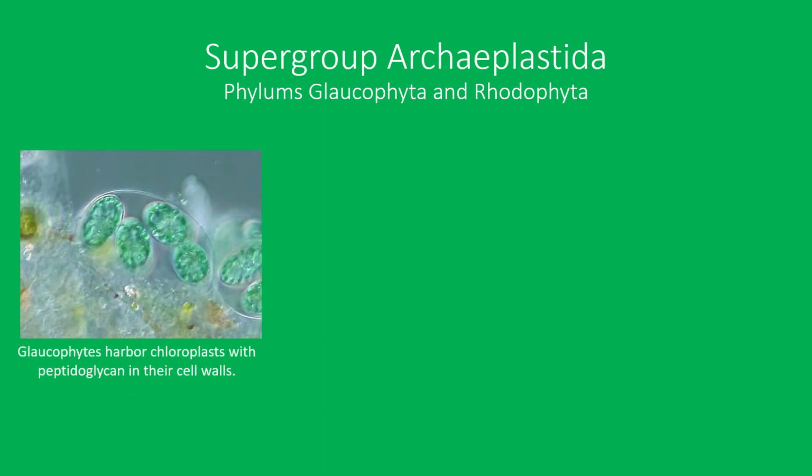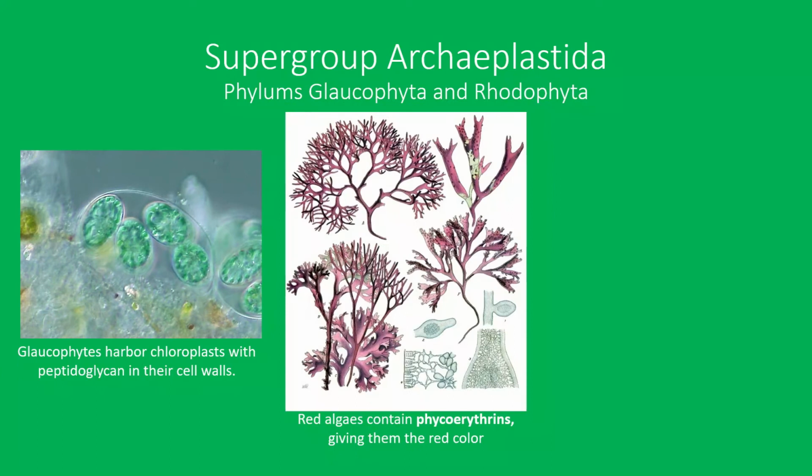Phylum Glaucophyta are a small group that contains peptidoglycan in their cell walls. This suggests a remnant of prokaryotic cells, since prokaryotic cells contain peptidoglycan in their cell walls. Then you have Rhodophyta, or the red algae, which lack flagella and are mostly multicellular and make up many different